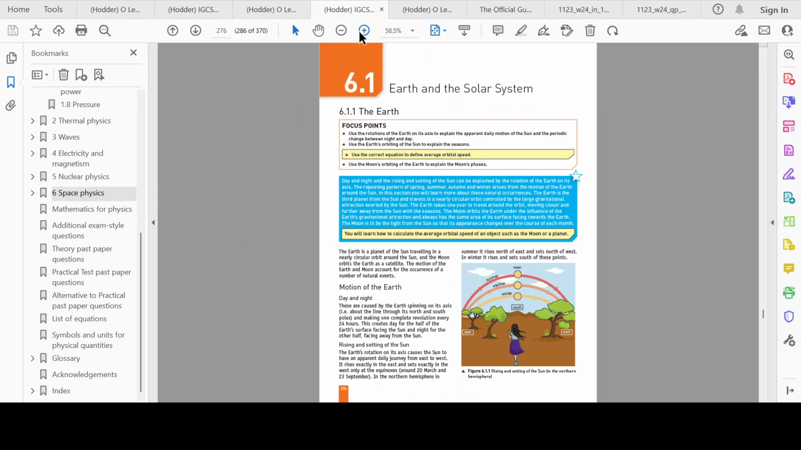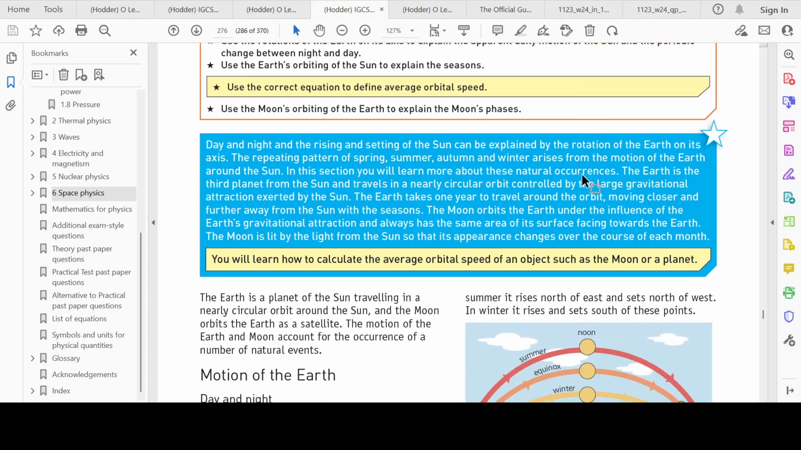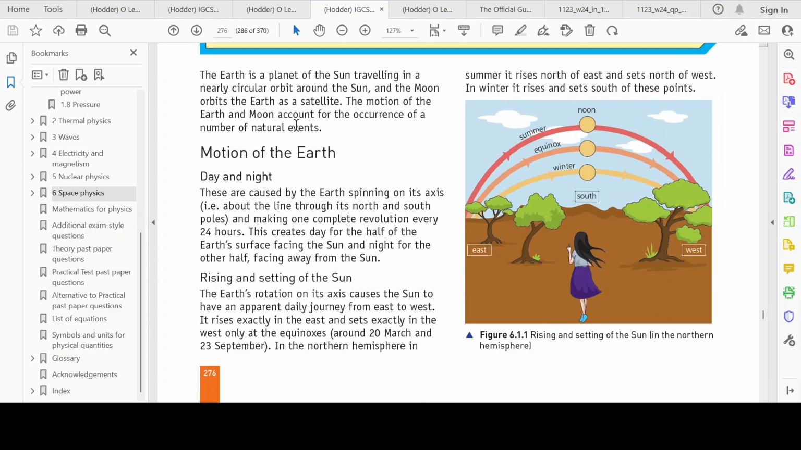So the motion of the Earth and Moon accounts for the occurrence of a number of natural events, which includes the changing of day and night, and the changing seasons, and the tides as well. The motion of the Earth, day and night. The first thing you need to know is that the Earth has two types of motions. One is obviously what we're familiar with, its movement around the sun,